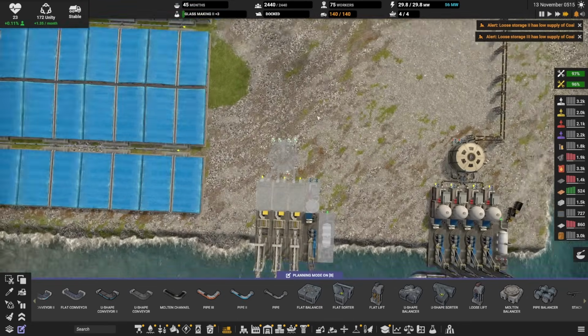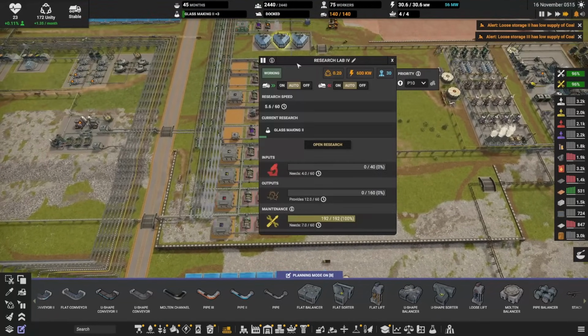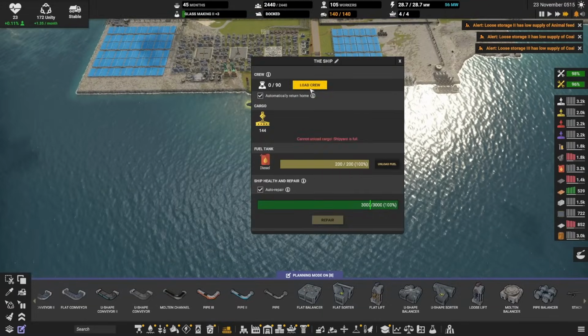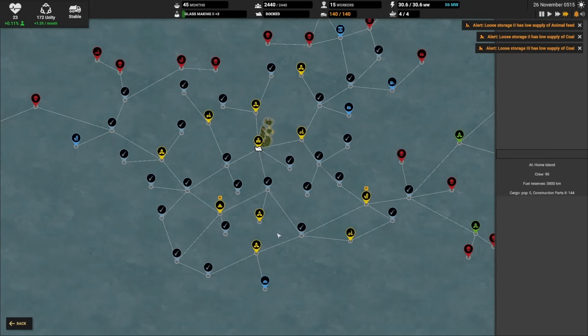Done loading for settlement. That means we need to send our ship out. I'm going to disable one of these since we got what we want, and then we have enough. Send it out. And you're going to be going to...